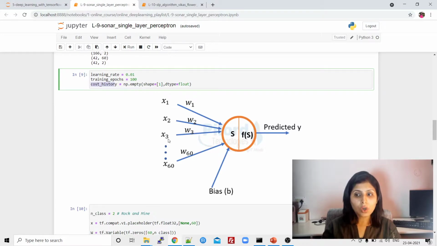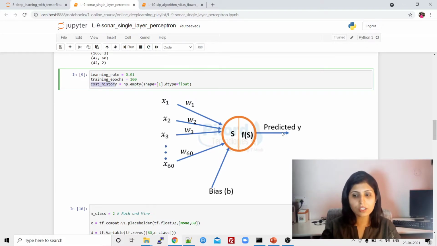All those columns will go to a perceptron, and additionally we are giving bias. Bias is a separate input, all right? First is summation. All these input values will get multiplied with their weights, and we will add all of them over here, and then we'll use our activation function on it, and then we'll get an output, right?